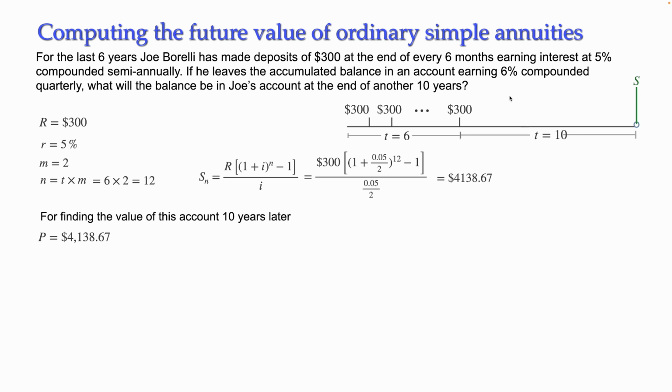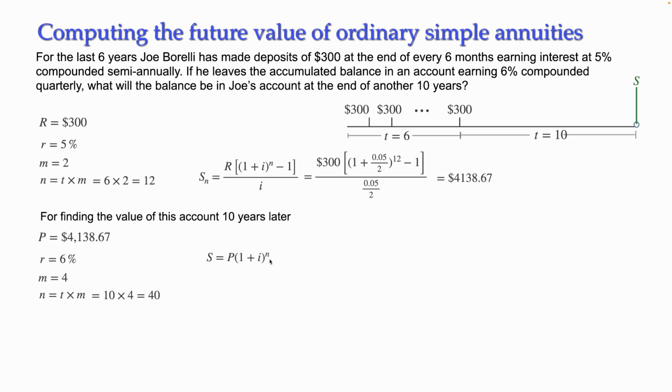The interest in this second part is different, so it will be 6%. So the rate equals 6%, and it's compounded quarterly, so there will be 4 compounding periods per year. The number of compounding periods is what we want to know in a compound interest problem. How many compounding periods? It will be 10 times 4, so t times m equals 40. And so that means that the future value will be